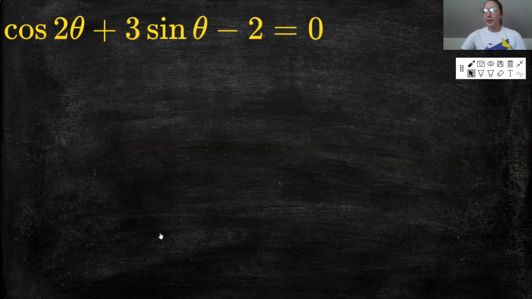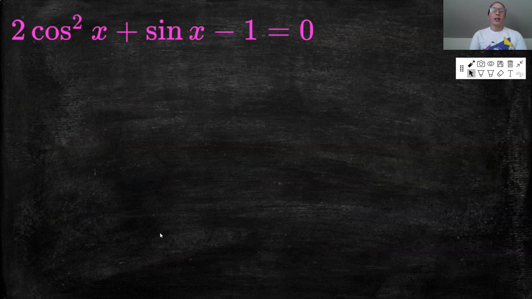All right, let's see something else. Okay, what about 2 cosine squared plus sine minus 1 equals 0? What do we do with this? How can we transform one of these guys into the other? Well, for this particular equation, and in fact a lot of the times when you have to relate sine to cosine, we use the